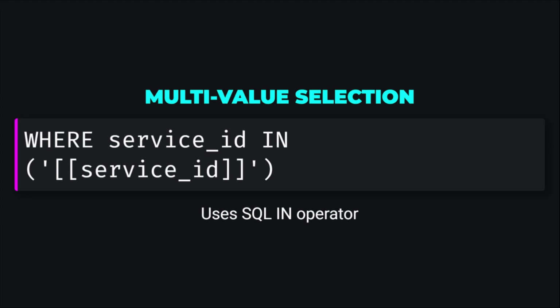For SQL, use the in operator with the variable enclosed in double brackets, like where service_id in [[service_id]]. The include all option automatically generates a special value that, when selected, bypasses the filtering condition, effectively showing all data. This all value must be explicitly handled in the query logic, often by using a conditional regex or